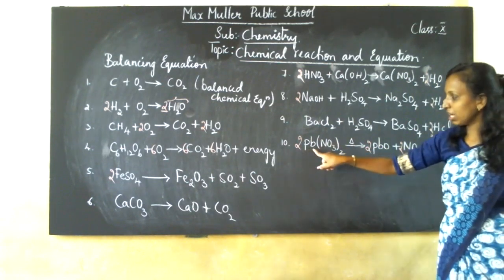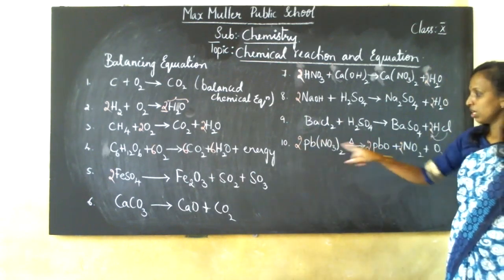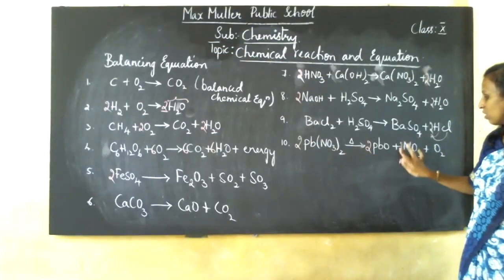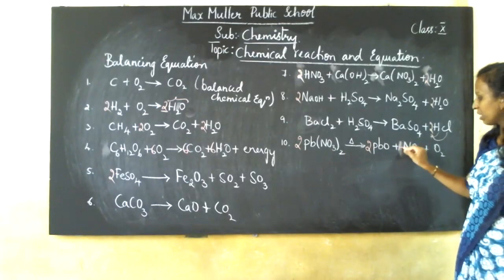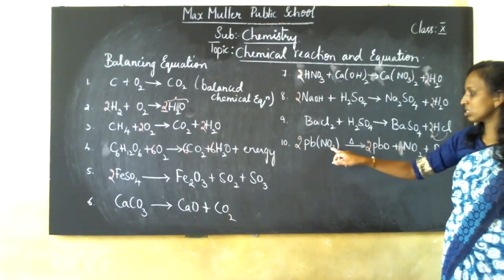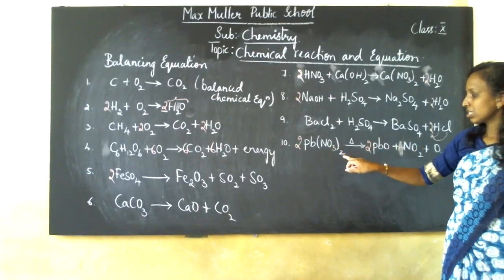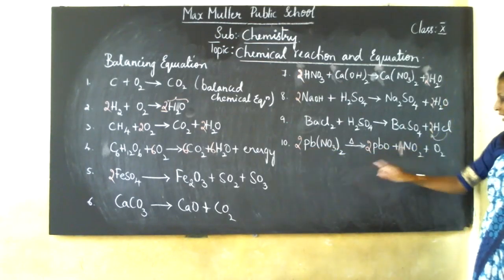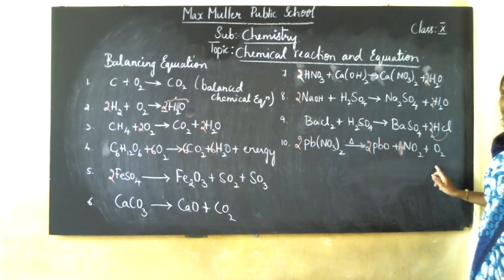Okay. Now Pb is 2, Pb is 2. Nitrogen is how much? 2 and 2 is 4 now. Nitrogen is 4. Now change it. Nitrogen will become 4. Then oxygen is how much? 3 2s are 6. 6 2s is 12. 2, 4 2s are 8, 9, 10, 11, 12. Check out whether the equation is balanced.